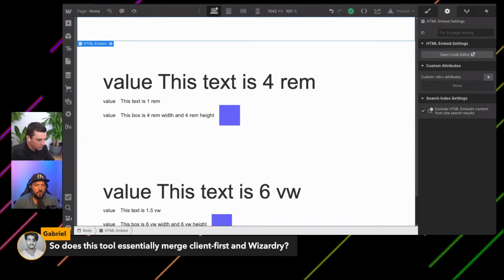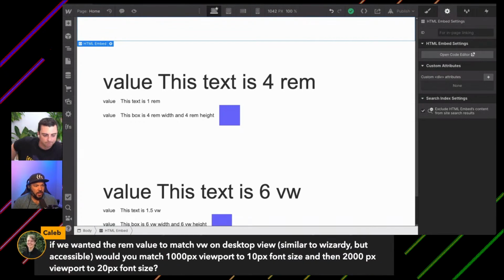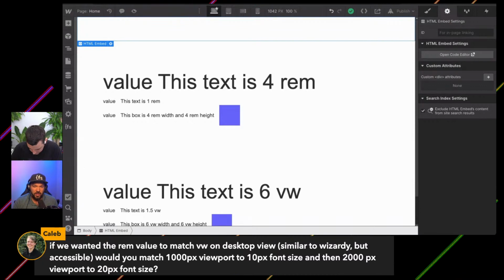We're not going to go into Wizardry, but this is a different strategy for fluid responsive. It's very different. And for anybody wondering, because I see a couple of questions about Wizardry here, Caleb is asking: if we wanted the REM value to match VW on desktop views, similar to Wizardry but accessible, would you match a 1,000 pixel viewport to a 10 pixel font size